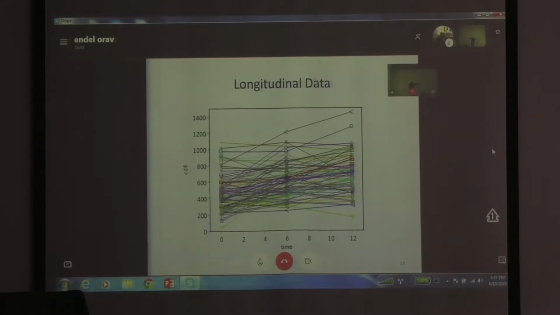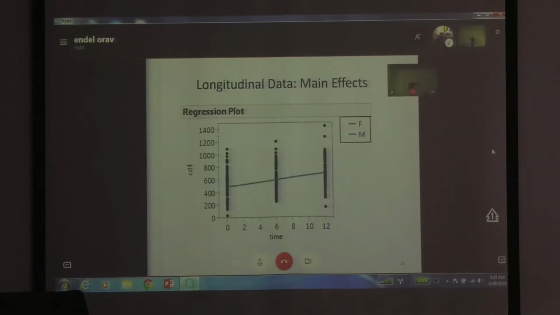But this is a much better conceptual representation of the data. I'm not sure I would suggest putting it in a journal, but in terms of learning, this is really the data that we're attacking today. These are 101 people, some with 2, some with 3 measurements, but everyone has basically a pattern, and we want to see, is that pattern generally going up or not? And the usual,